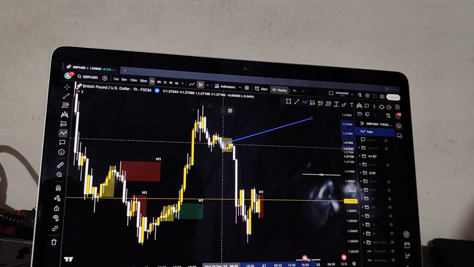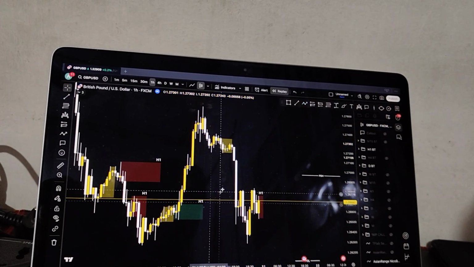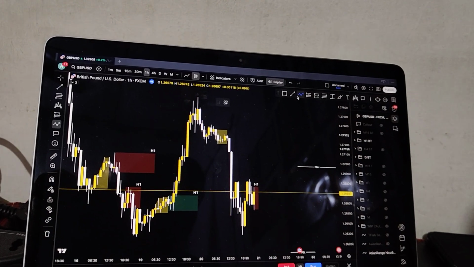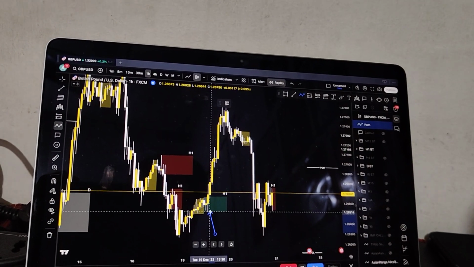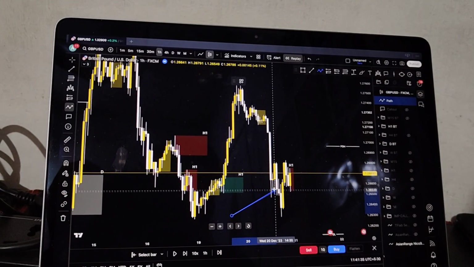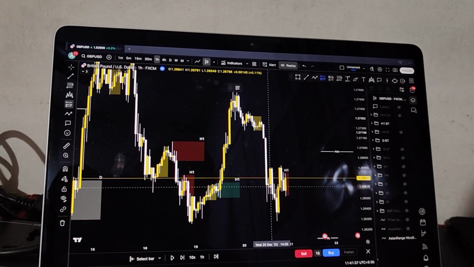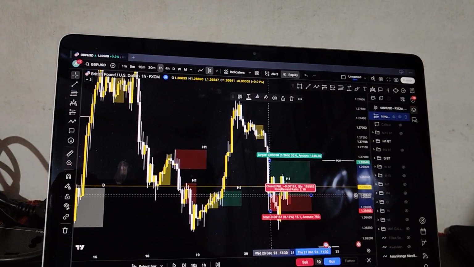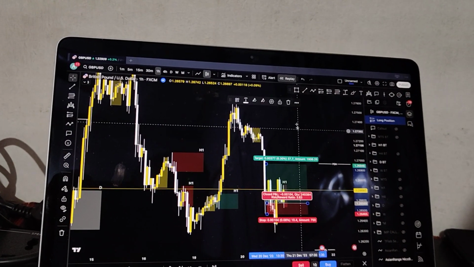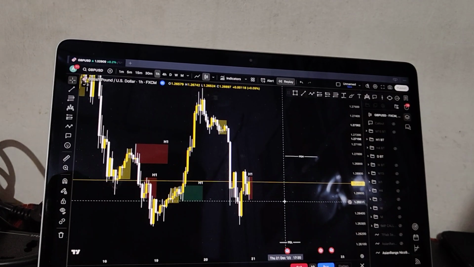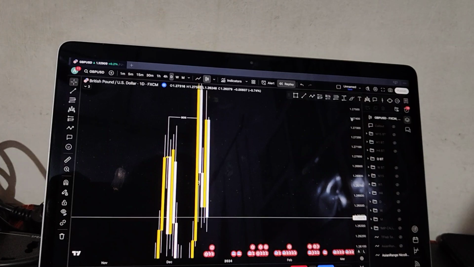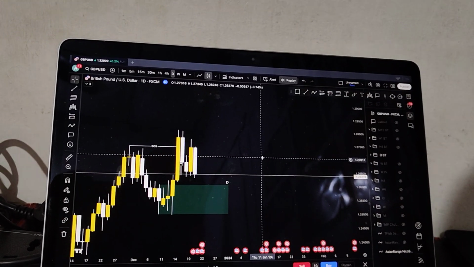Hope you guys got it, because everything was there, the demand was there, but it was not respected. As you can see, the only move we could have caught was after sweeping this demand liquidity, and after this rejection somewhere around here, could have taken somewhere around here with a 10 pip stop loss maybe. No, it was a very low probability day, as you can see, because of CPI news. If there is CPI news, don't trade. The best thing you can do is not trade.